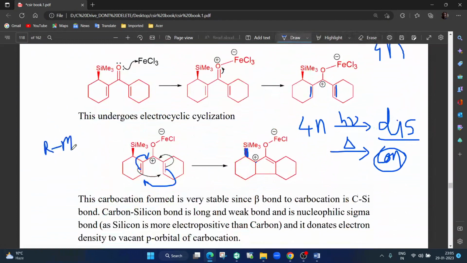What happens in Grignard reagent? Carbon attached to metal is more electronegative, that means carbon is having electrons. So even the sigma bond becomes nucleophilic, and we know it can go and attack electrophiles. Similarly, RLi. So if carbon is attached to a more electropositive species like silicon, then the sigma bond becomes